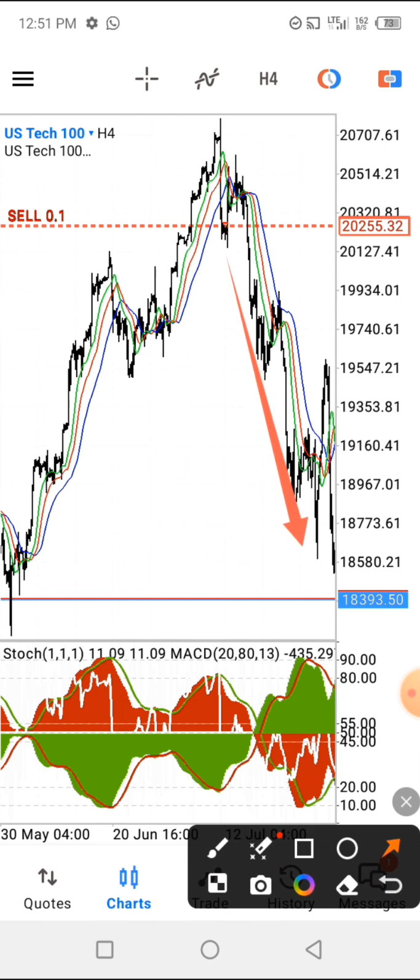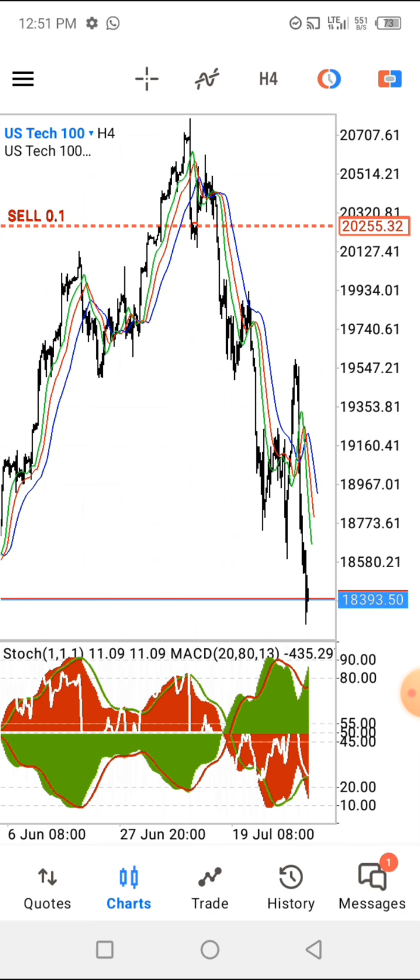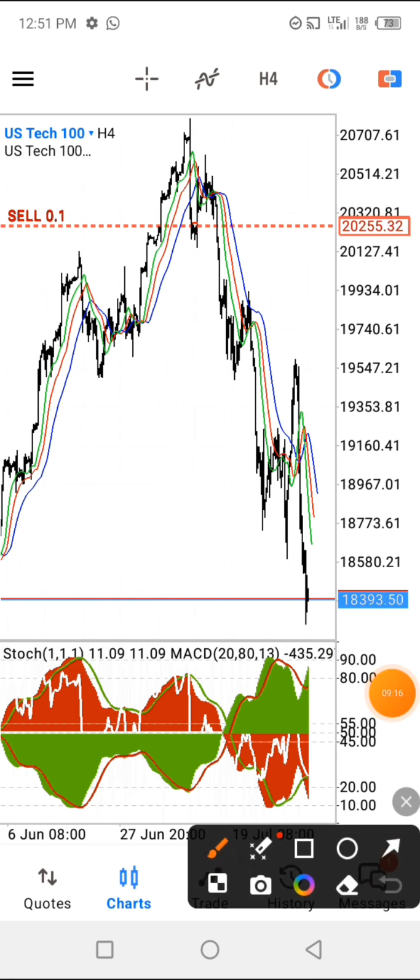Can you see how deep this particular trade is? Once you can figure out what is happening, you're going to catch mad trades. You're going to be catching mad trades in the market. But the first thing I want you to know in this particular strategy is that you have